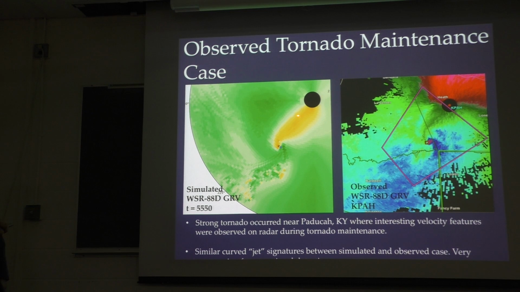So this is the emulated radar image on the left, and this is an observed case from Paducah, Kentucky, just a few months ago, and we have a very similar looking kinematic boundary here. And this is the location of the tornado where this red square is. And if you notice, these two images look very, very similar. And it's really cool to see this in nature now, because we weren't sure, especially this is an 88D radar.